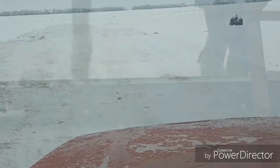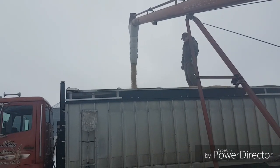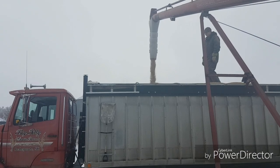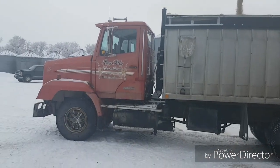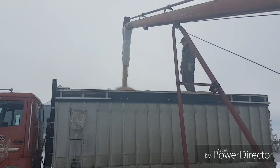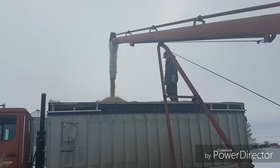Anyway, we got her full right even across there to the tops of the board, so you can see Antoine standing on top of it. So we'll do the same kind of at the front here, but we aren't going to go right to the front of the truck, just so we're not too overloaded, because this truck you can't overload the back no matter how full you make it, but you can overload the front, because the front tires are a little skinnier than optimal, but that's what's on it. So until they're worn out, then we'll put something wider after. But I'm gonna let her pile up here, and that'll be a load on this one anyway. So the International, though, we load it quite a bit fuller. It's got fatter tires on it. So anyway,